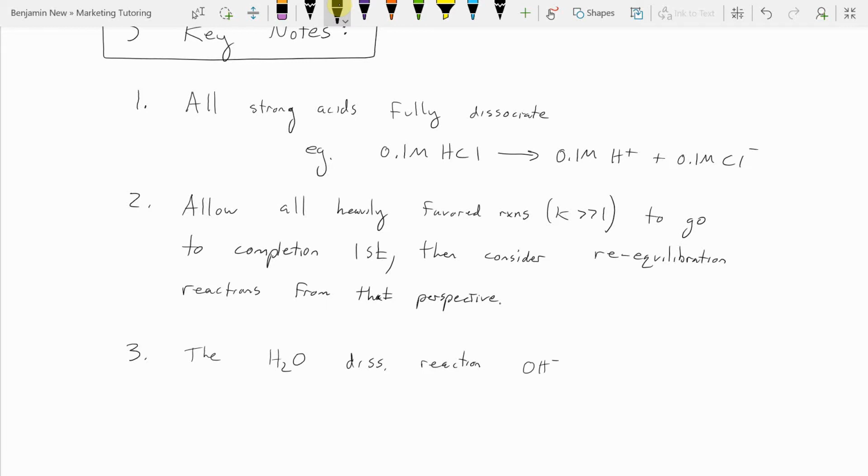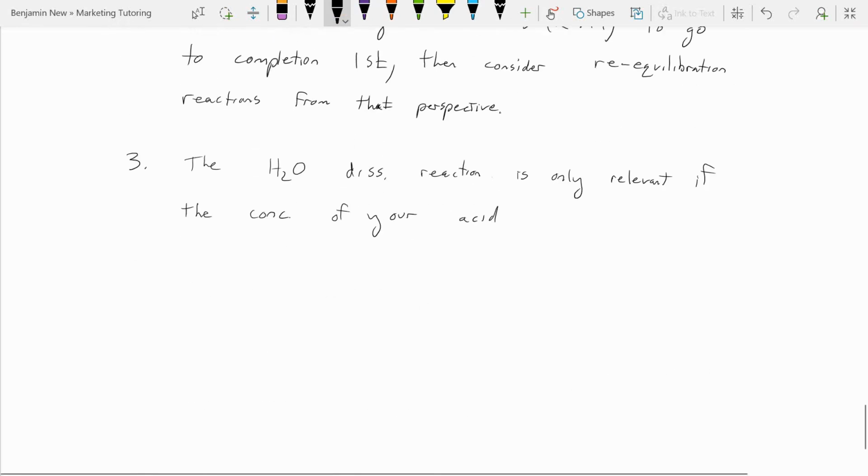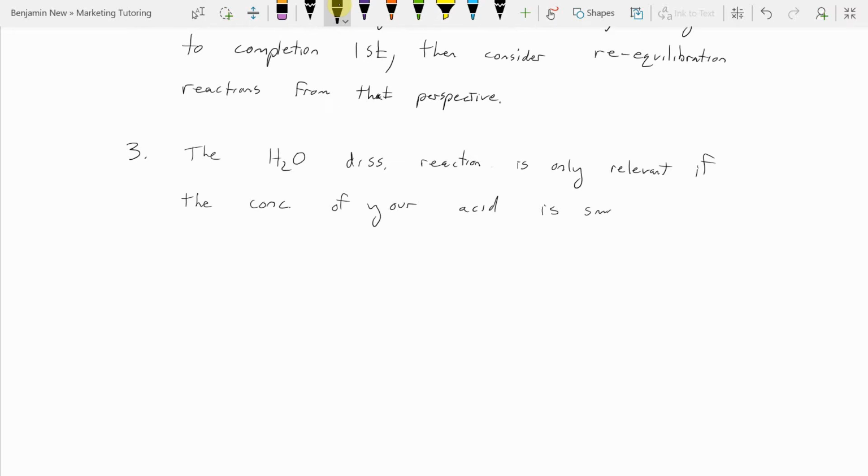The OH minus, or the OH minuses and the H pluses concentration is only relevant if the concentration of your acid is small, like 10 to the minus 6 molar,